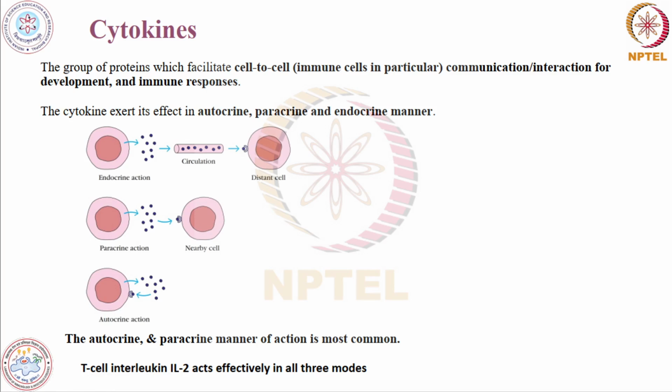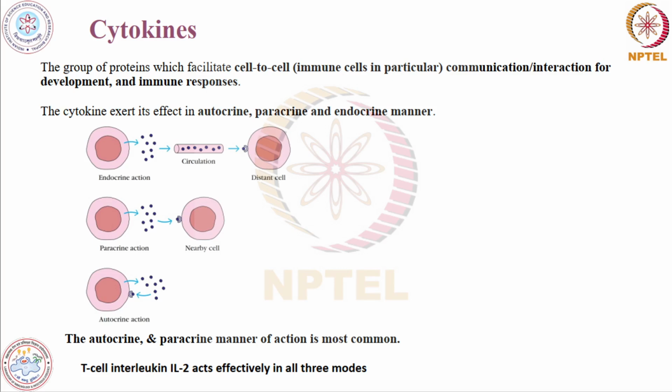So today we are going to learn about cytokines, which are special proteins that help cells communicate with each other, especially immune cells. These are a group of proteins which facilitate cell to cell communication between immune cells, and they also facilitate the interaction for development and the immune response. For a basic understanding, you can imagine cytokines as messengers that send important signals between cells to regulate immunity, inflammation, and healing. Without cytokines, our immune system would not work properly, as our body would not be able to fight infections or heal